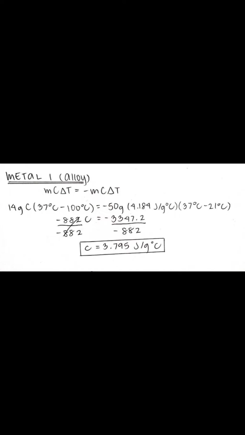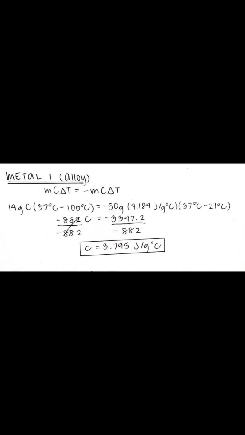37 minus 100 is negative 63 times 14, which is negative 882. And we note it and we bring down, so negative 882 divided by negative 882. So let's have